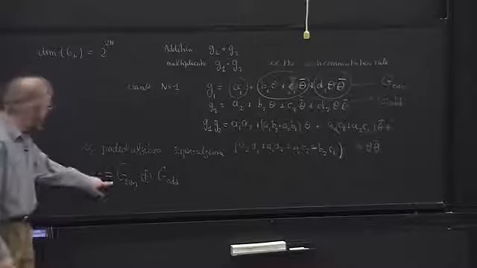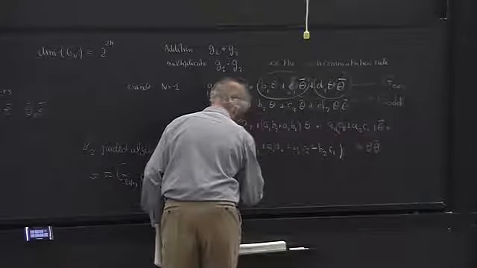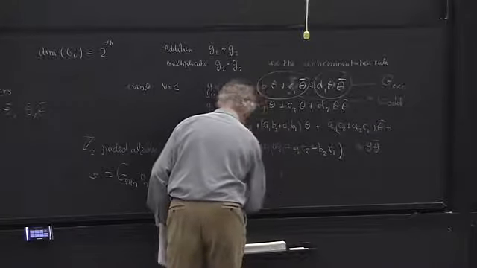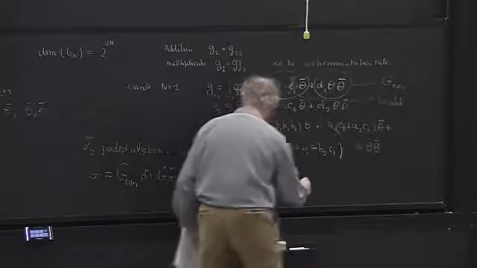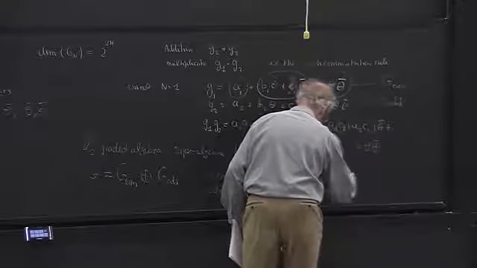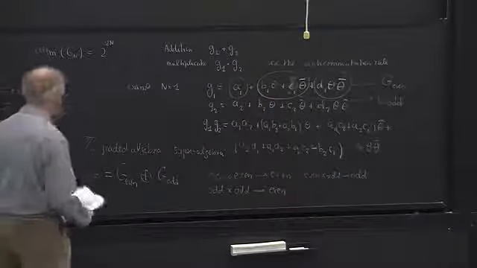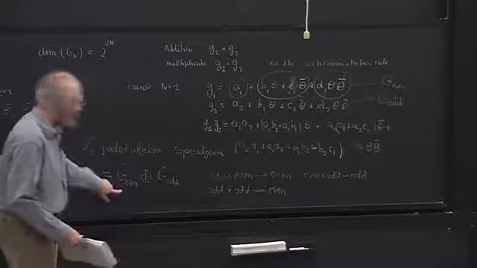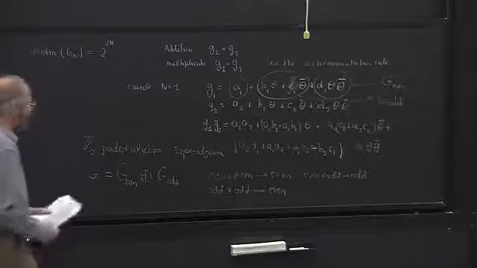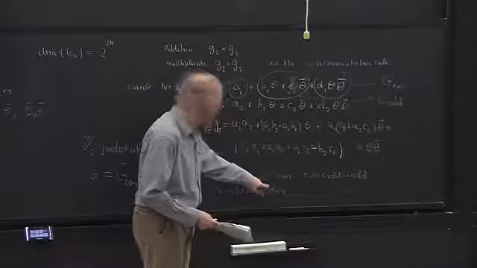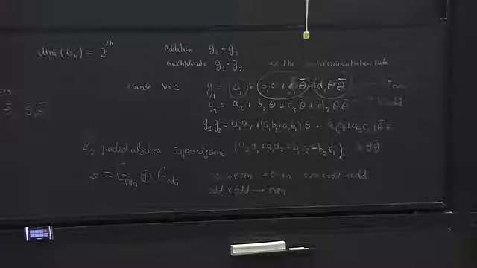Okay. So you see, even times even gives even, and odd times odd gives even, but of course even times odd is odd, etc. So this is the fact that you can associate to some of the elements a grading, which is either even or odd, or if you prefer plus and minus 1, preserved in a natural way by multiplication. Okay, so that's what is called a graded algebra.